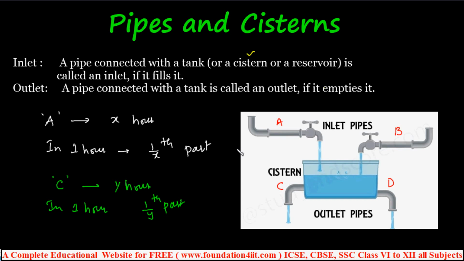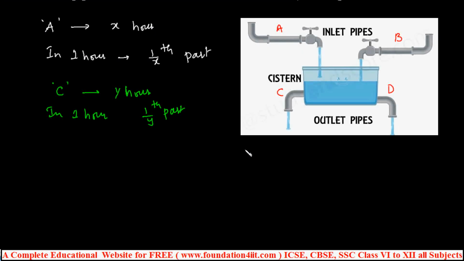And when you come to the combination, let us see. There are only two pipes, one is filling and one is emptying. So this is the tank. Let us take one pipe that can fill this, the filling part. Let it be A, and one more tap can empty this, let it be B.